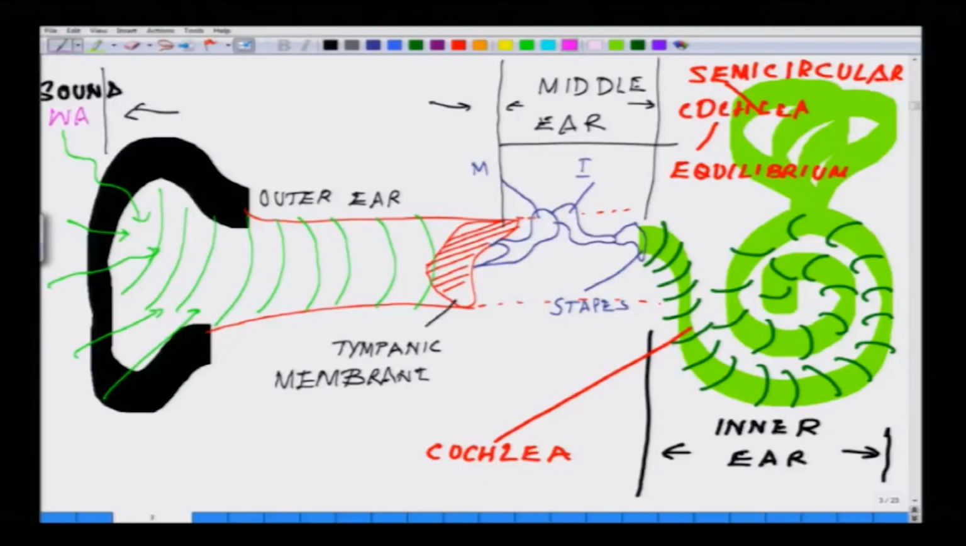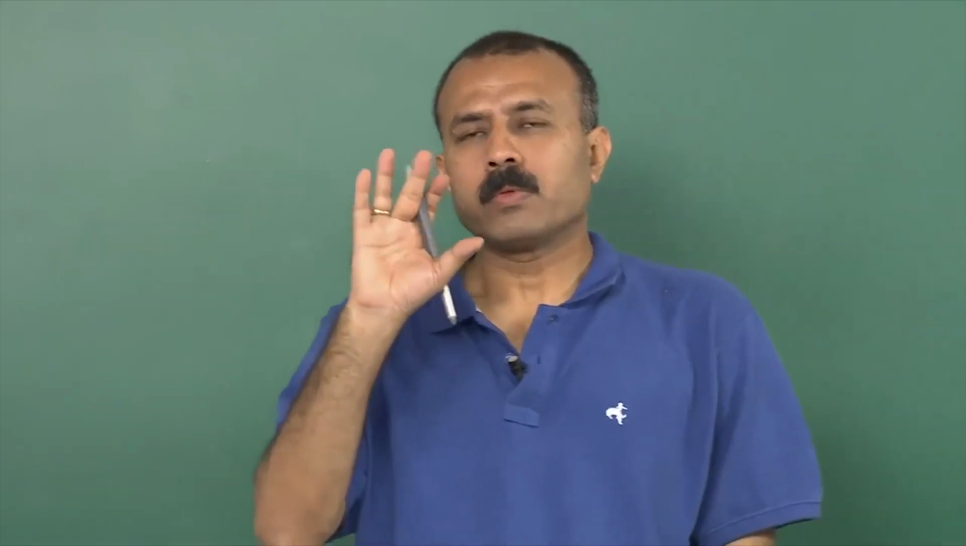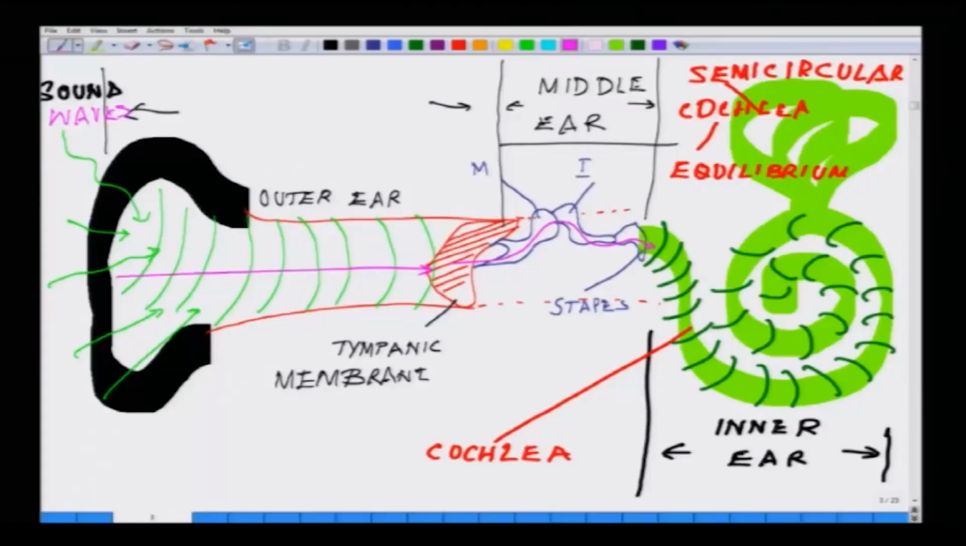sound waves traveling out here, hit upon the tympanic membrane, transmitted through this, the vibration within the malleus, incus and stapes within the middle ear, those three middle ear bones, it reaches the cochlea, and this vibration now travels all along this